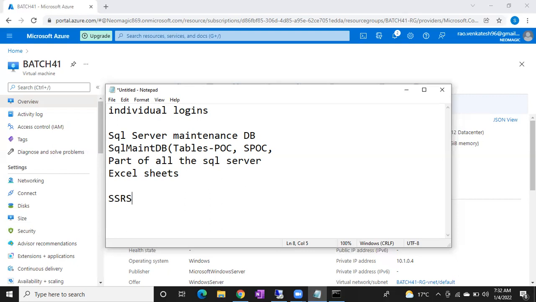You cannot see it directly in SQL Server unless they create a maintenance database. Some people will create a maintenance database, and in that database they will store all the server details. Some people will store the details in Excel sheets, some in spreadsheets, and some in the form of SSRS reports. Once you go to the company, you have to ask where you can see all the servers. They will let you know. Any questions, any doubts, guys, please?